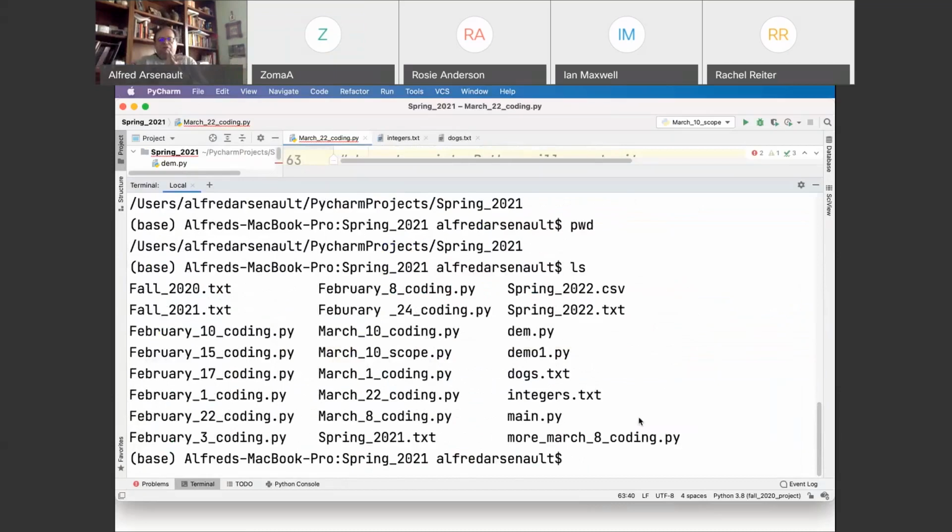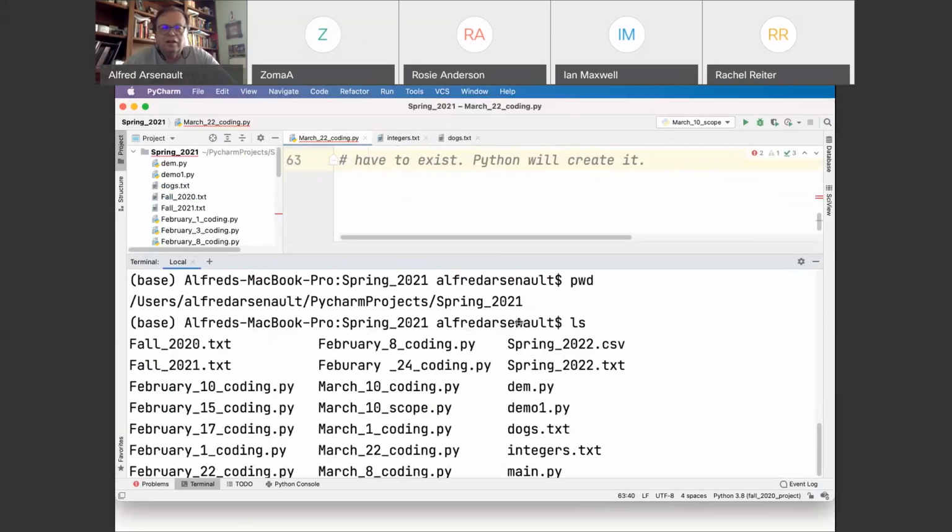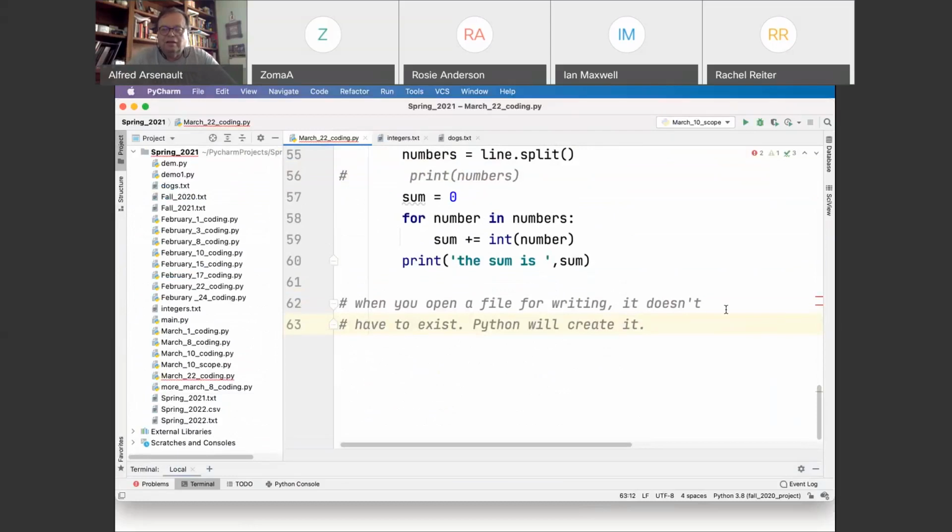This is the list of files that exist. There is nothing in this directory that's called output.txt. That's the file I'm going to create. I'm going to create a file for writing called output.txt. Okay, it doesn't exist yet. So I come back to my Python program and I say with open output.txt